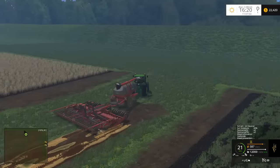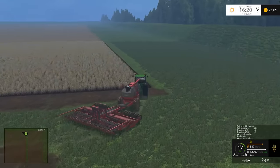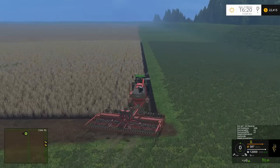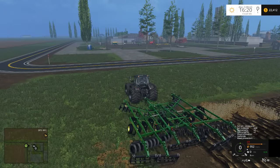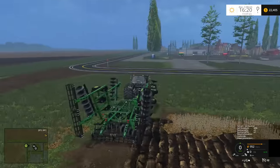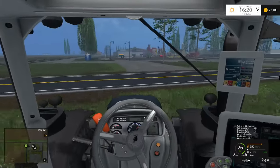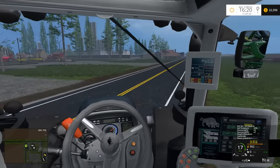Oh, what the heck did it hit there? Doesn't like those little trails there for whatever reason. Alright. We had oats on here, so we'll drop some oats down. And this guy's done, so let's fold this guy up. Fire him up and move him out of the way, so we can put something else down there if we need to. Then we can actually use this. Let's put the four-wheel drives on. Don't know why that wasn't all on, but...